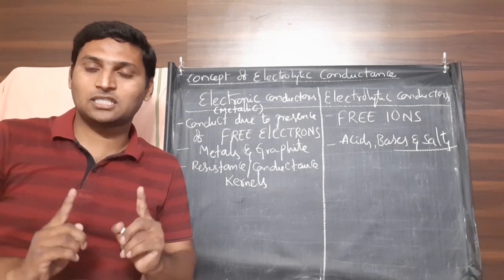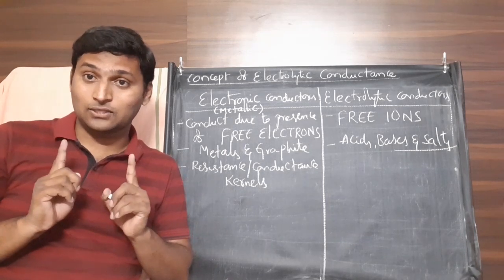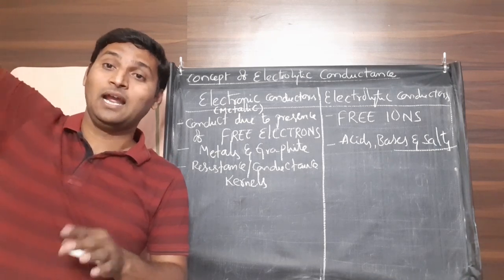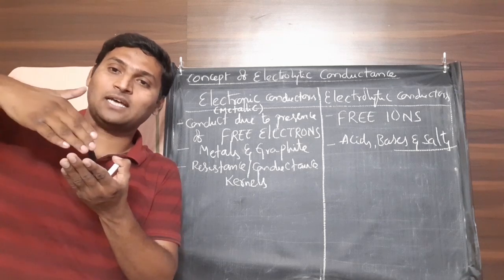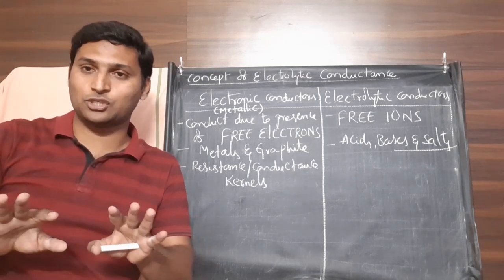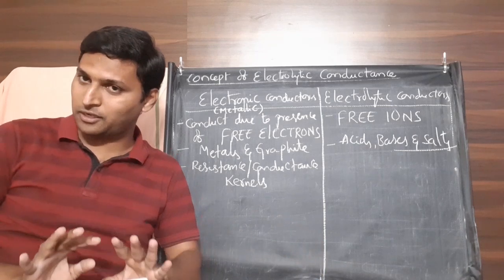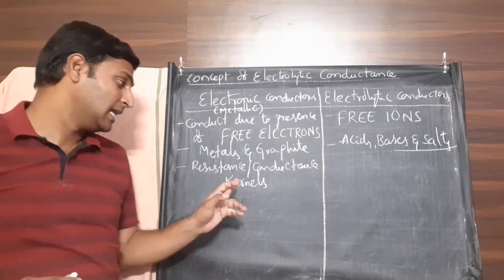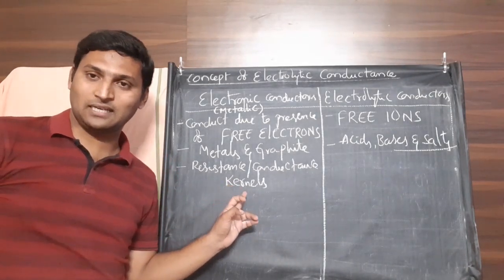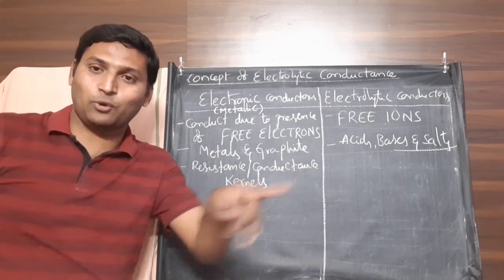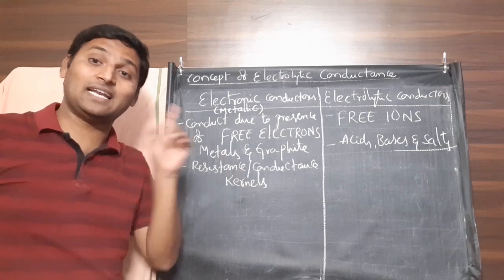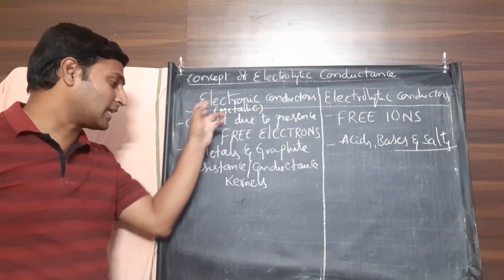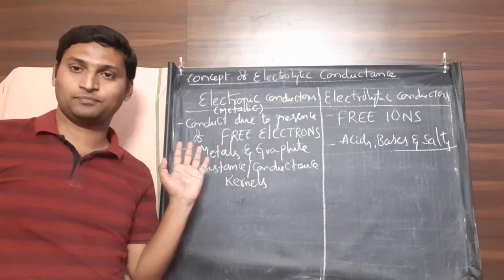Such positively charged metal atoms, by the way, are not ions, because we are not saying this metal atom has donated the electrons outside the metal and given them to somebody else. If the electrons are knocked out of the metal, it becomes a cation, that's a different story. But within the metallic lattice, electrons are present. So the rest of the metal atom, leaving those valence electrons, which is positively charged, is called a kernel. Now please understand, if electrons are supporting the conductance, kernels are supporting the resistance because they are positively charged. So the resistance of electronic conductors is due to kernels.